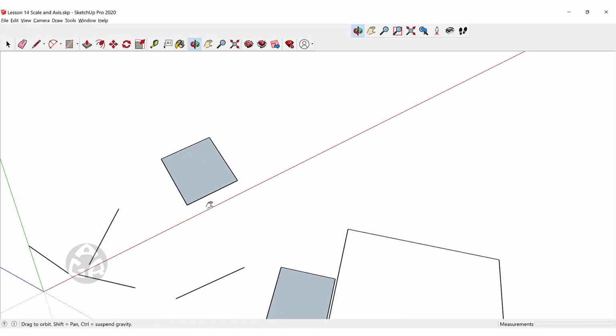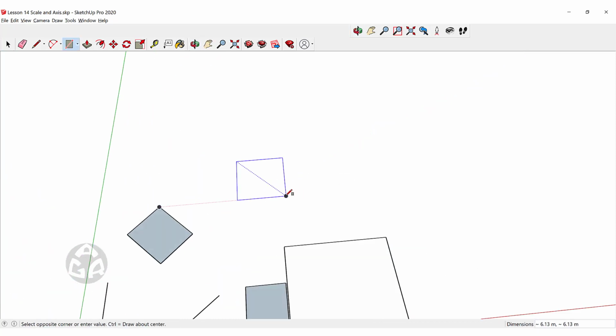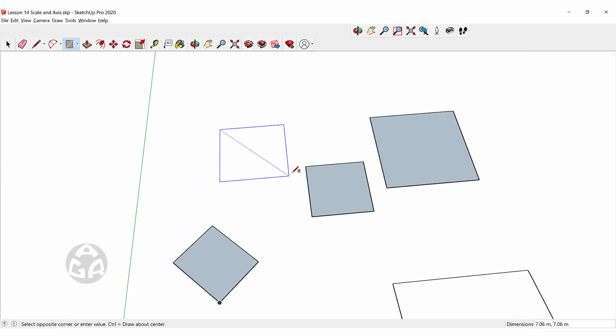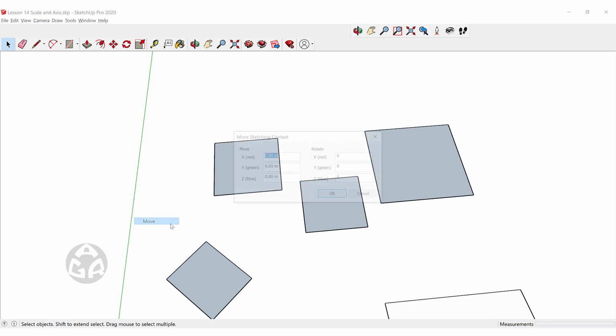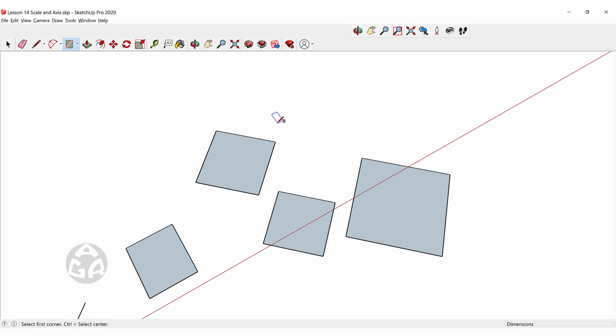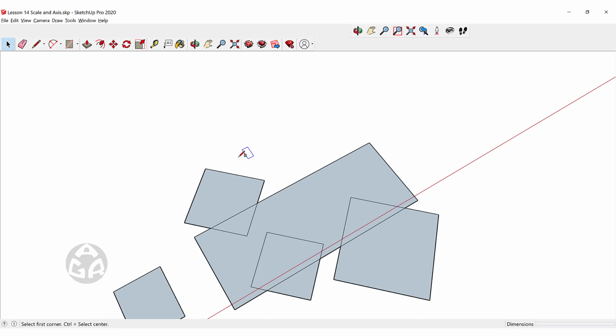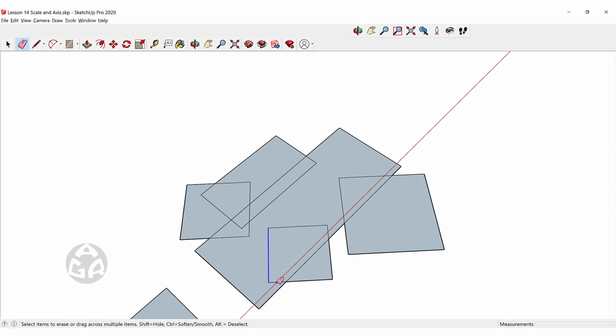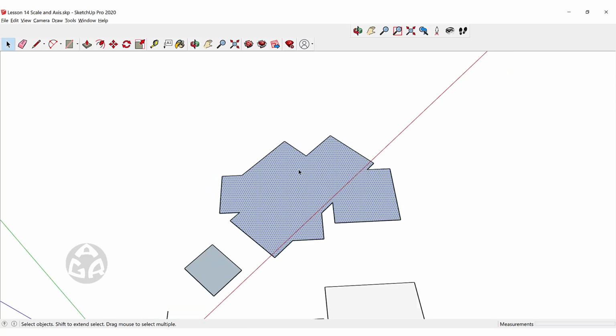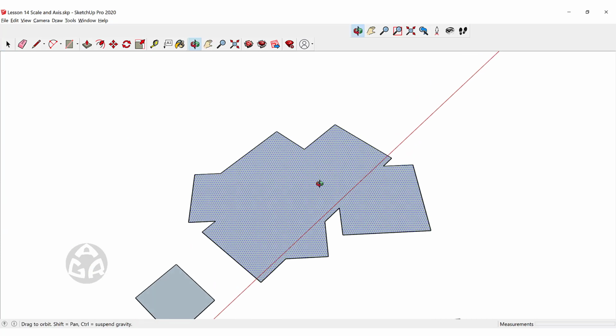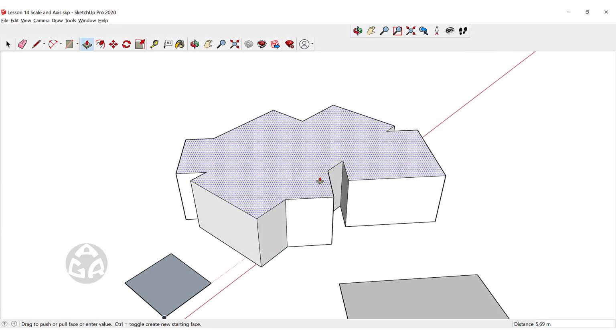and then click on this endpoint to create that face. Or for example, let me reset this axis, and then we can just draw several planes like this, and then we can change the direction of this axis to 45 degrees, and then we can now draw rectangles according to the new axis, like this, and maybe just a rectangle like this over here. And now we can just erase all these internal lines, and we can have this as the object that we can now push, pull, or extrude,